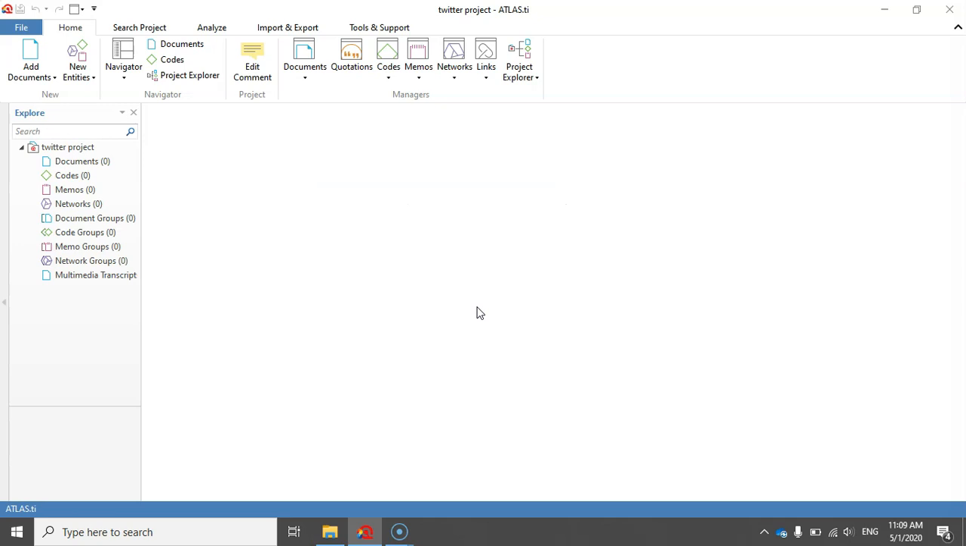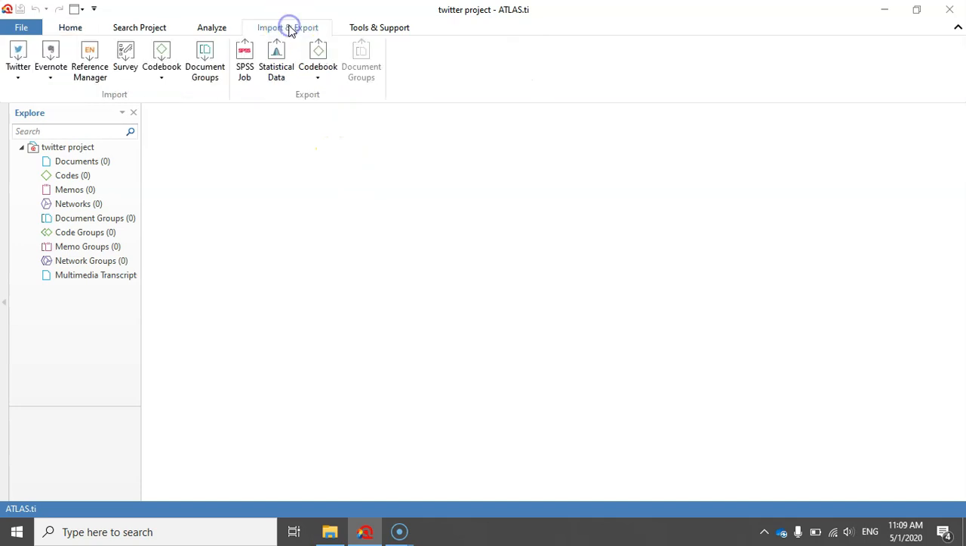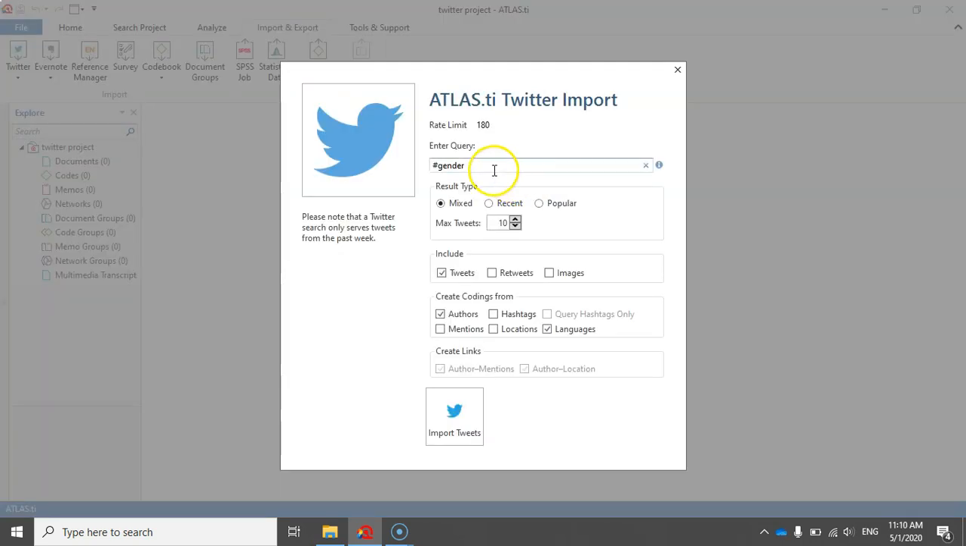In order to import tweets, I click on the Import and Export tab, and then under the Import section, I click on Twitter. Alright, if this is the first time that you are trying to import tweets from Twitter to your ATLAS.ti, you need to authorize ATLAS.ti to have access to your Twitter account. This is something that I have done previously, and that's why you can see the ATLAS.ti Twitter import dialog on my